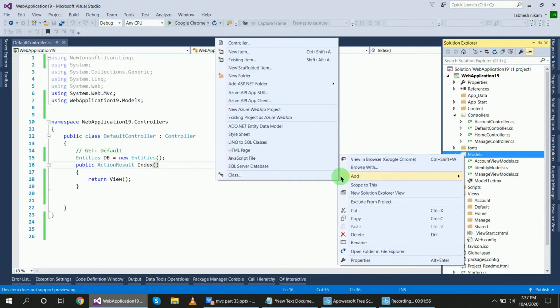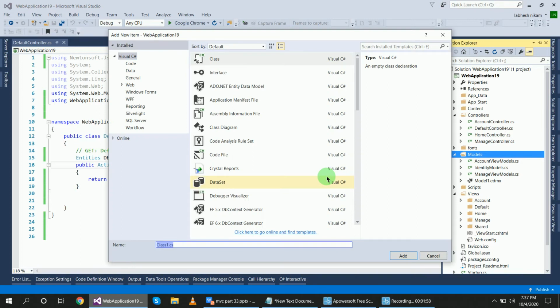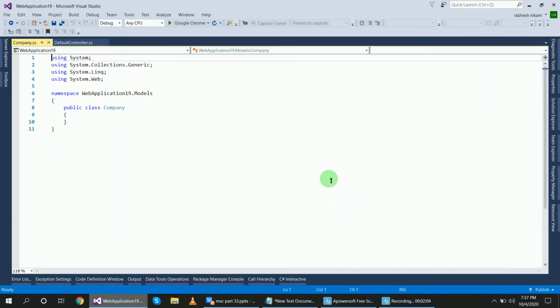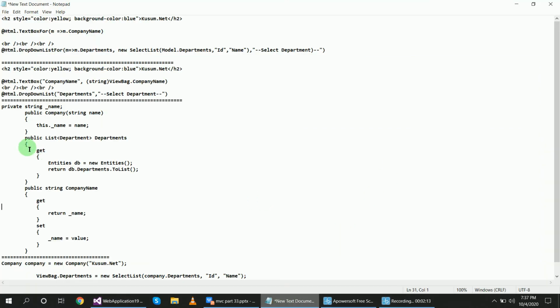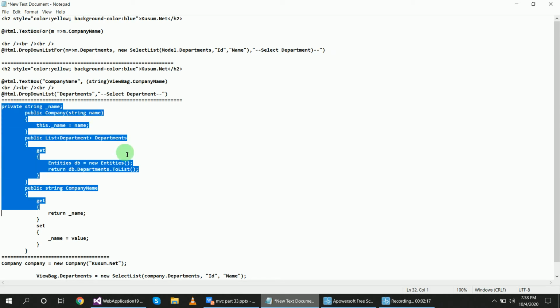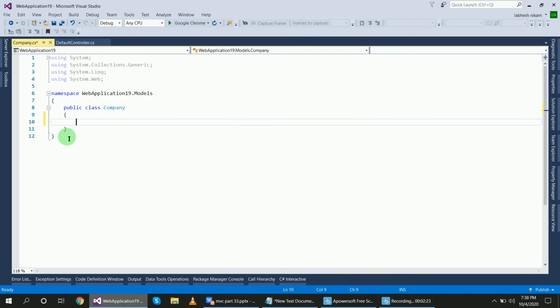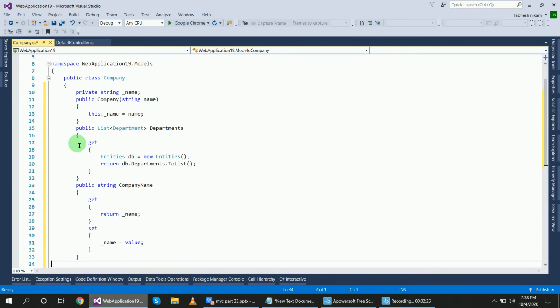Right click, add class, give the name Company.cs. I have already typed the code, so no need to type it again because there is a time limitation. I will create this class using this code.